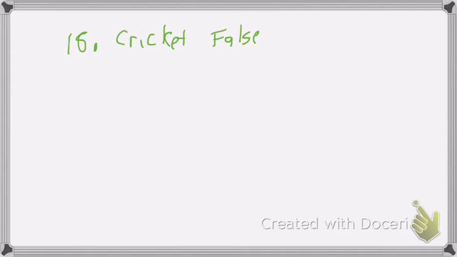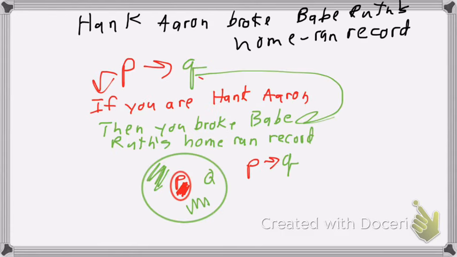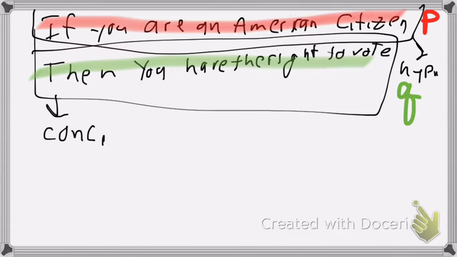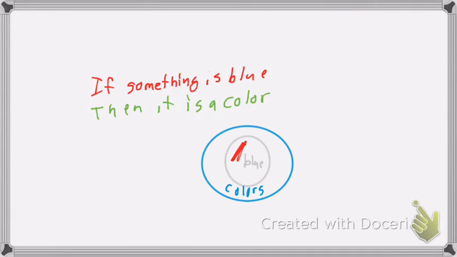And finally, so 20, 21, 22, and 23. They talk about inverse, converse, and contrapositive. So let's go back to our original statement, and we'll talk a little bit about that. If you are an American citizen, then you have the right to vote. I'm actually going to pick something a little bit different. We'll just go through and do it with number 20. Okay? So number 20 says, if you are a quarterback,